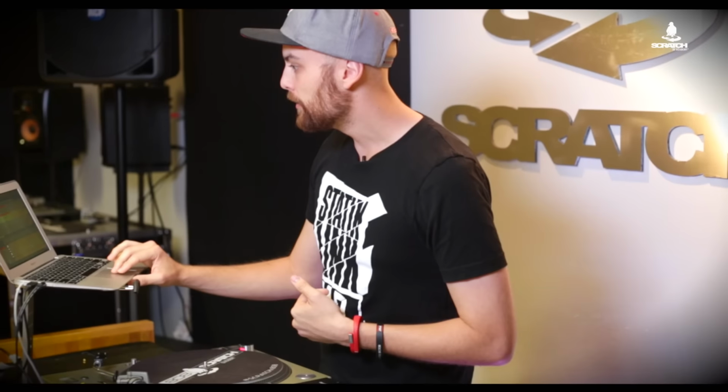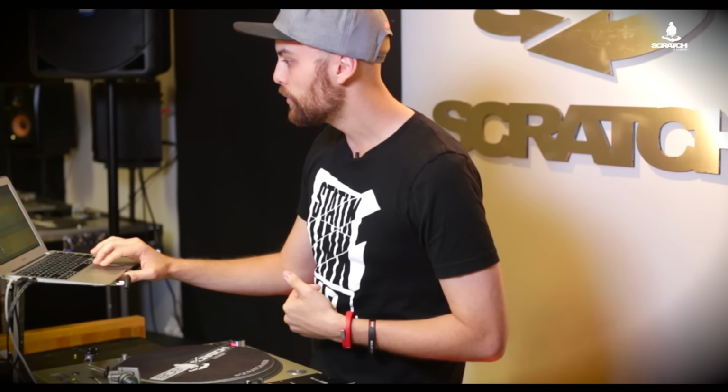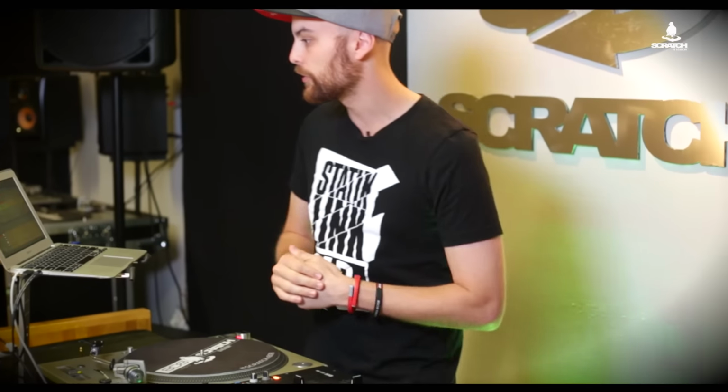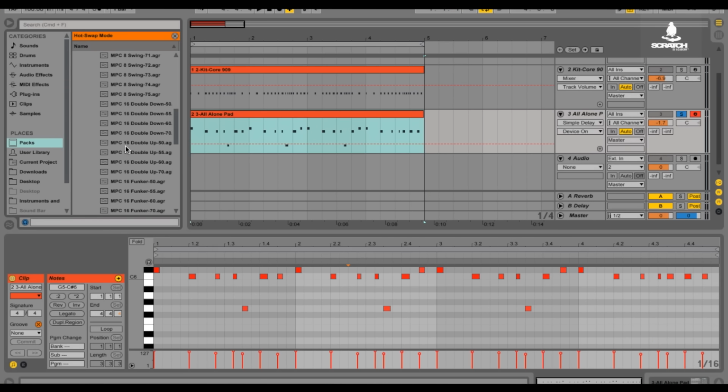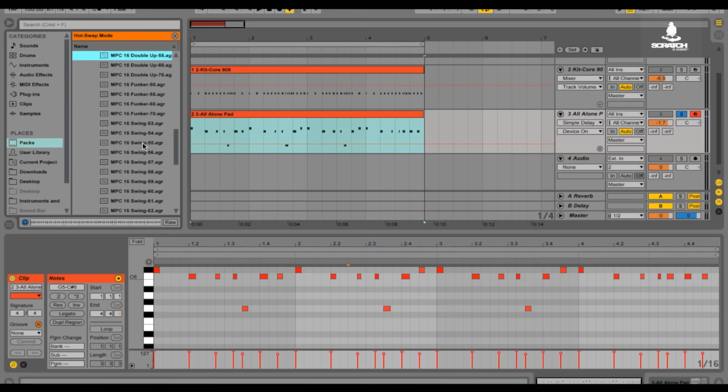And basically what these have to do with is the type of swing or the type of degridding you're going to use. For example, you can see right here it says MPC 8. That stands for an eighth note. If you scroll down a little bit, we see MPC 16, and it acts as a 16th note. Now, when I clicked on that, you could get some rigid sounding clicks and pops. What Ableton is doing is showing you roughly how it's going to move things off the grid. All right, so if we go to something a little bit slower here,